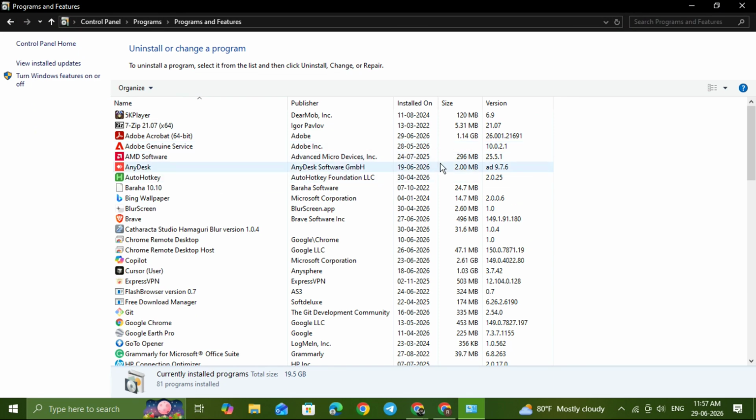Now scroll through the list and find AnyDesk. When you see it, click on it once to highlight it, and then click Uninstall. Follow the prompts on the screen to complete the uninstall process. This removes the main AnyDesk application from Windows 11, but we're not done yet because sometimes leftover folders can remain